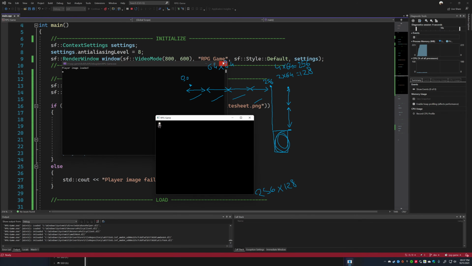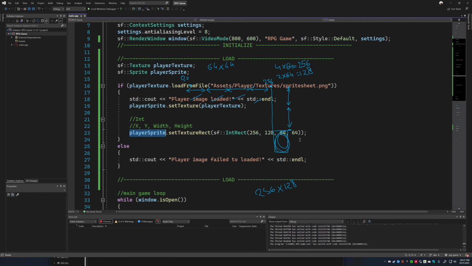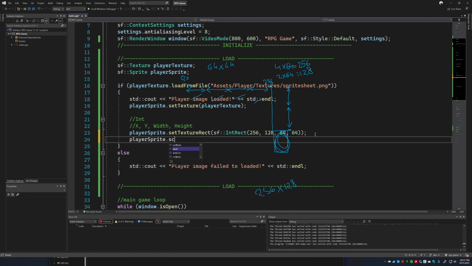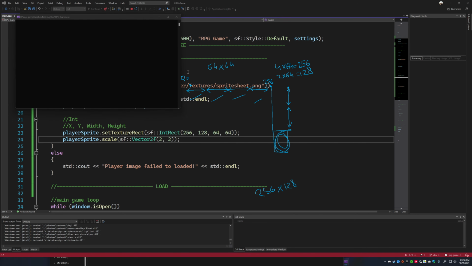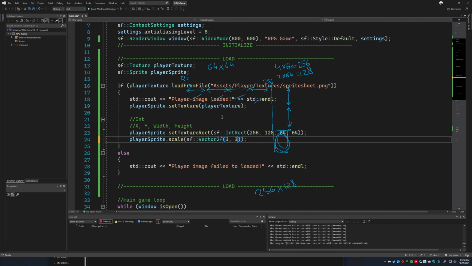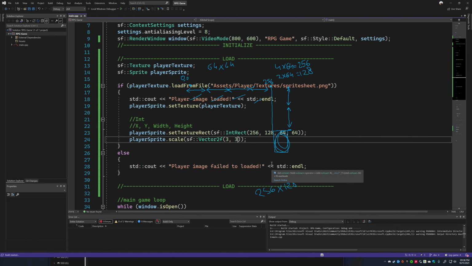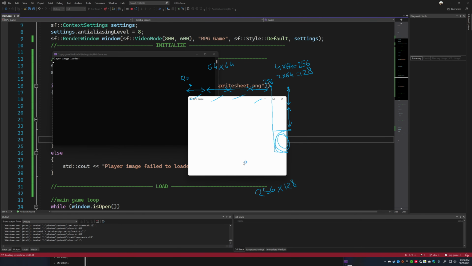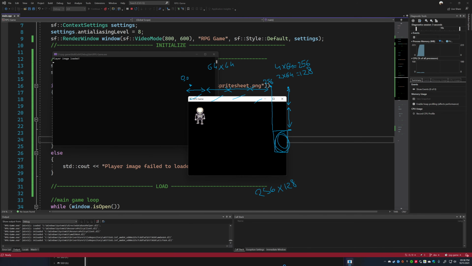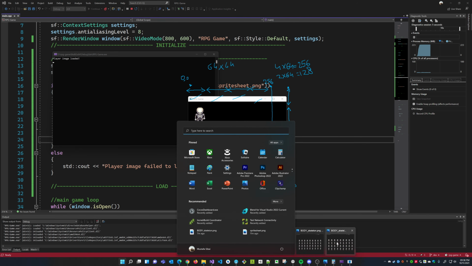I wish I could zoom this. I mean, I can. Let me change the scale. So I'm going to do sprite.scale, and scale is a function. It takes an sf::Vector2f. I'm going to set the scale to 2 by 2. I think it's normalized, so 1 and 1 is normal scale, and 2 by 2 is double the scale. You know what? Let's do three times the scale. Scale it at 3 by 3. That means you take the original image, which is 64, and multiply it by 3. Let's see. Is this the same image or not?